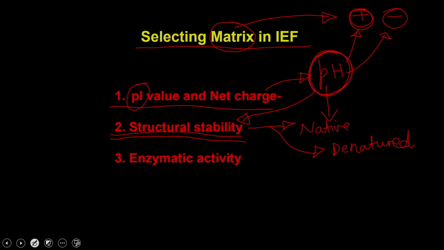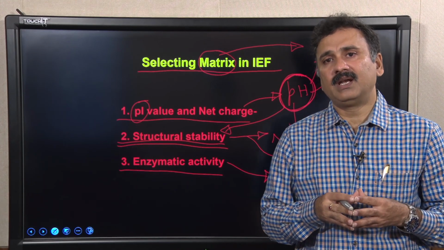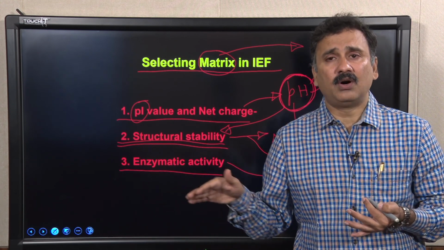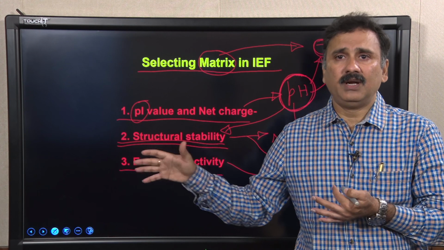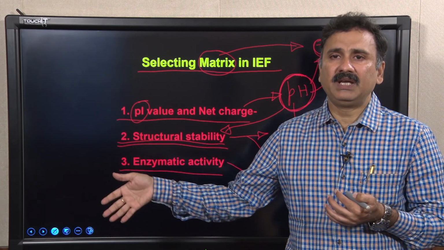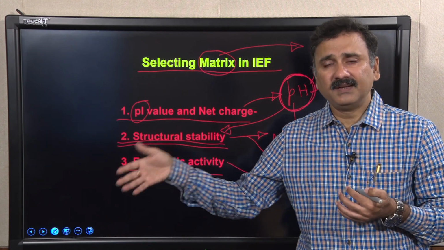Now, once you have decided that the protein has structural stability and is maintaining the native conformation, the third parameter you also have to see is, if this protein is an enzyme, whether the enzyme is also retaining the activity, because you are going to perform chromatography techniques for two applications. One, you would like to isolate structural proteins, or isolate the protein in native conformation, and then use them for downstream applications or downstream processes.